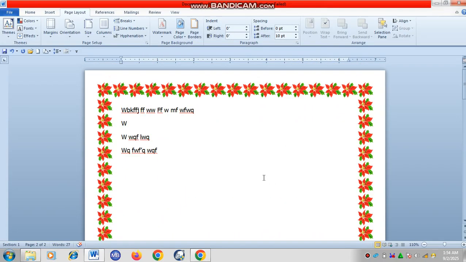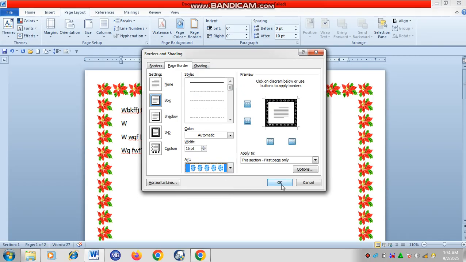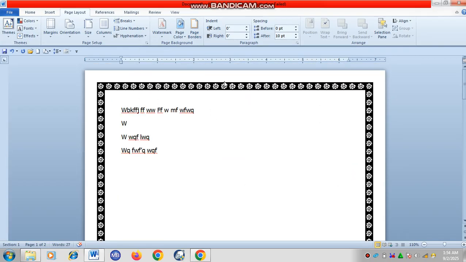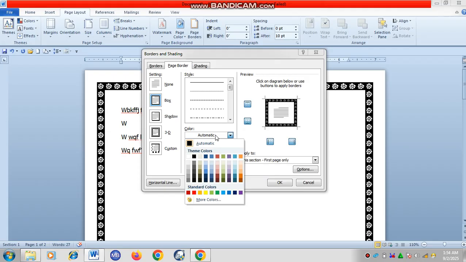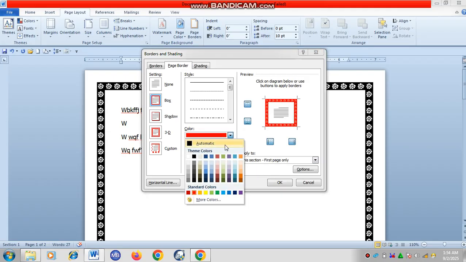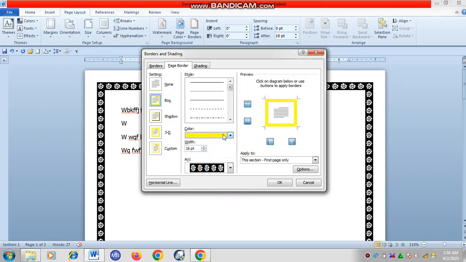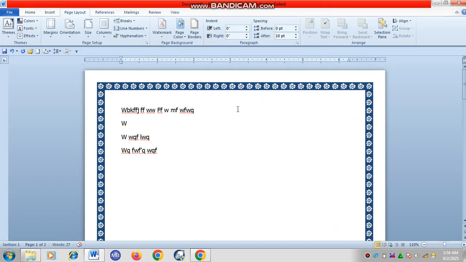If it's butterfly, if it's something like this I want to use, just click OK, and it will change automatically. You see it? This one is flower, and many of them are there. Many borders are there. You can color them. Look at this one that comes with black. You can change the color. I think it's very simple. You go to color here. If it's red, blue, or yellow, any kind of color you want to change to, you change to it, and then it will reflect on your work. So that's how to do all these things. That's how to insert border, how to insert water